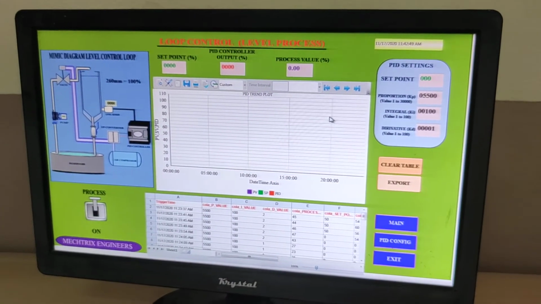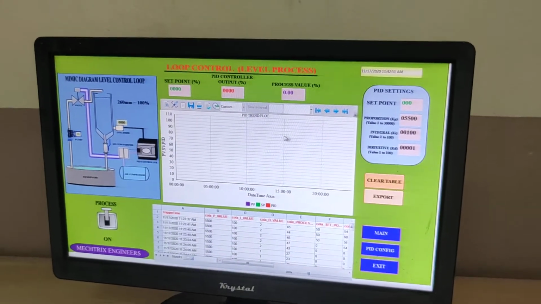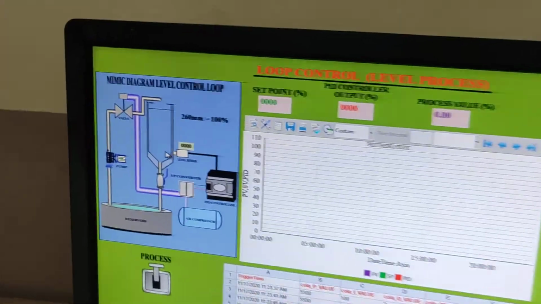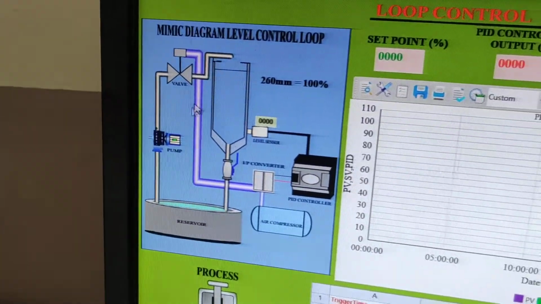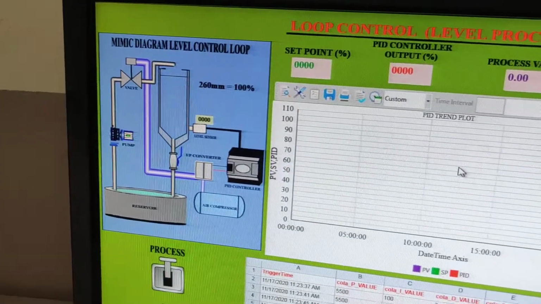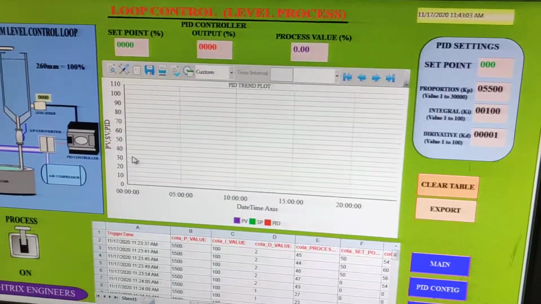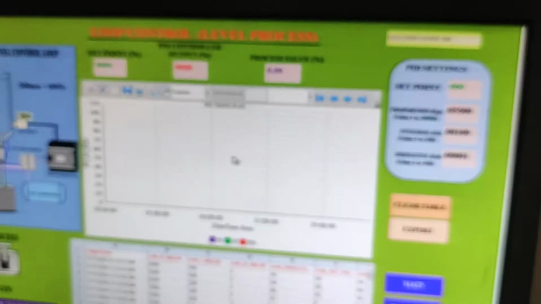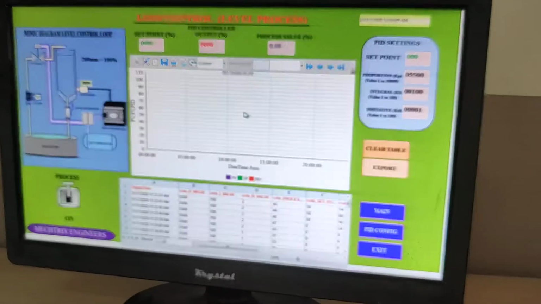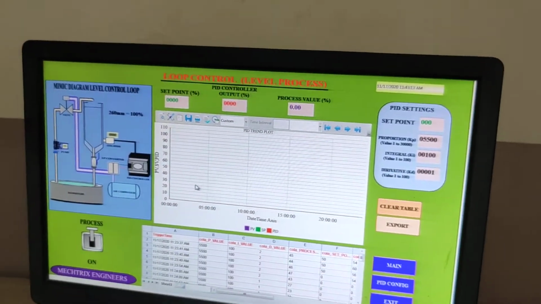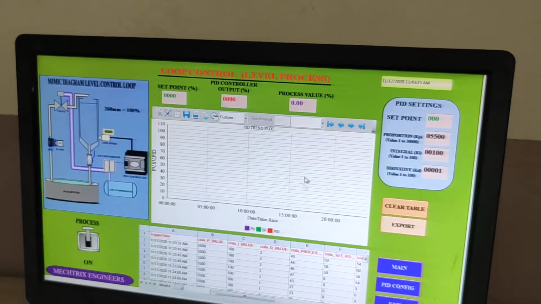Now when we double click on that PID controller, it gives us a window. This is the SCADA, which we already built. SCADA is a graphical representative programming language. And this is the graph. When we set the points, that means when we give the process variable and different controlling values, it gives the graph. We will observe the graph here.